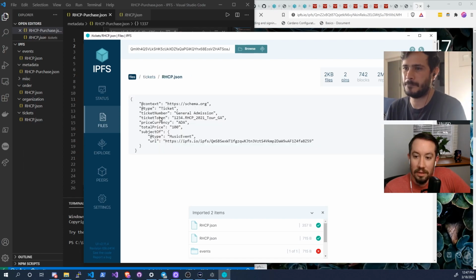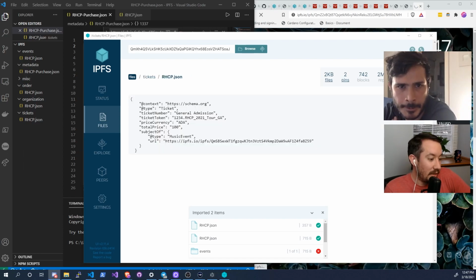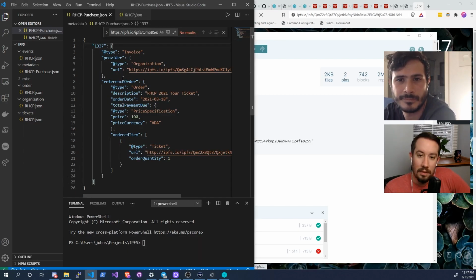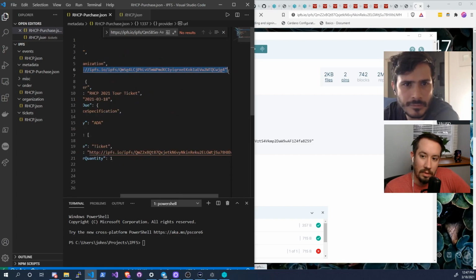I just realized we still don't have the Cardano address. What happened to that? I got rid of it. The Cardano address is supposed to be a payment method, which ultimately goes on here, but that doesn't help. Because we want